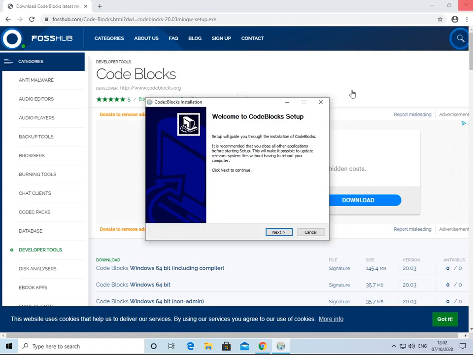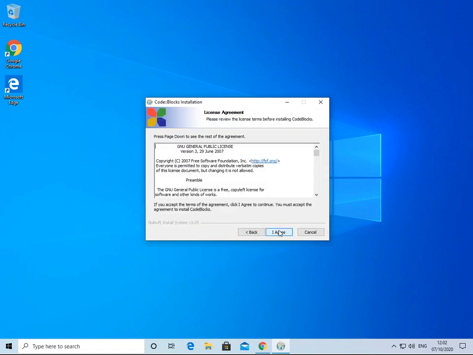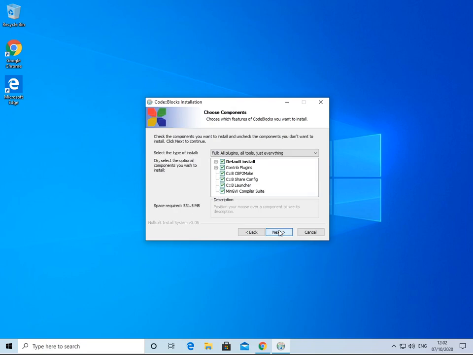Now you'll be asked several questions during the installation, so I'll just take you through them. Just click next to this, agree to the license, so it's open source license there. Make sure that all of these are ticked. By default they probably will all be ticked for you, so just leave everything ticked to make sure that you